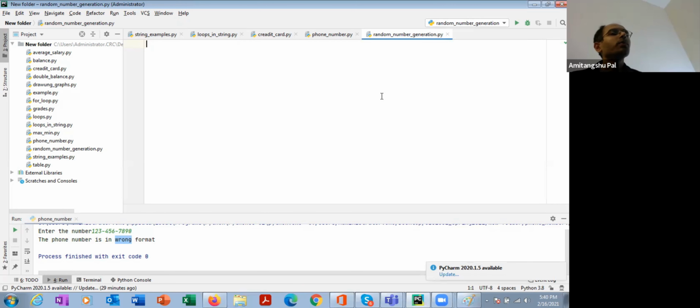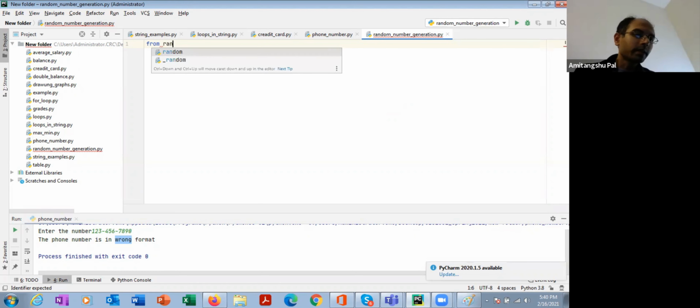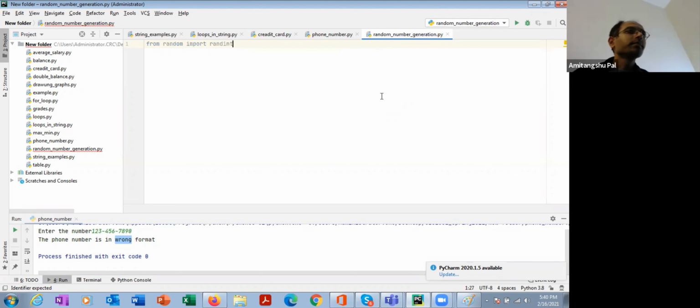First you need to import a function from the package random: from random import randint. You are importing this function from the random package. I want to generate random integers between 1 and 6, and for that I need this randint function.